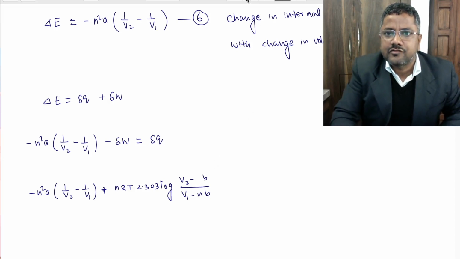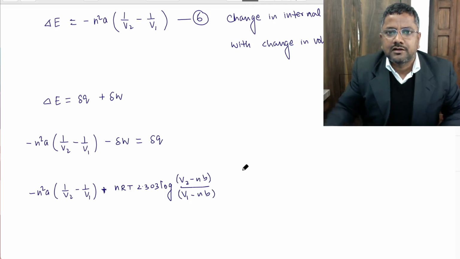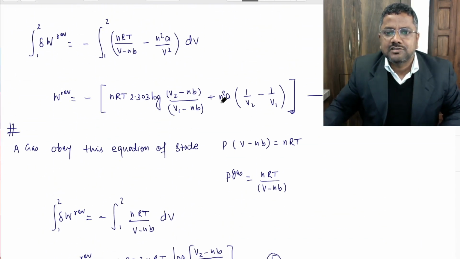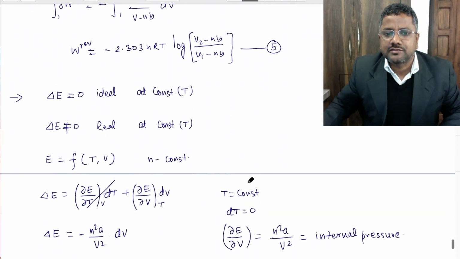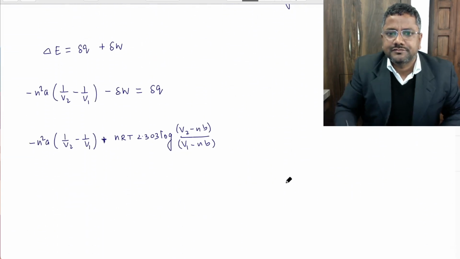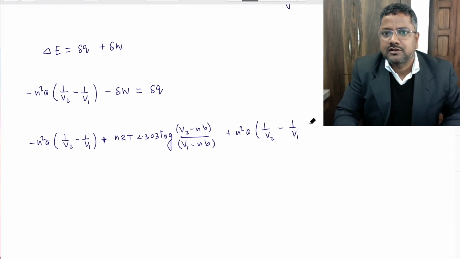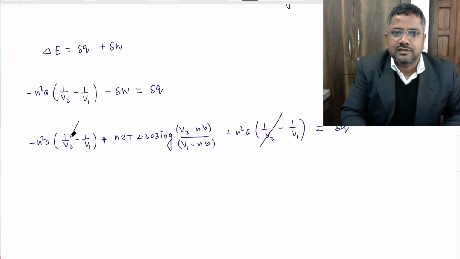This is n, right? And this is minus, so this is plus. Basically, plus n square a (1 by V2 minus 1 by V1), right? This is equal to delta Q. So this term is cancelled. So delta Q is equal to